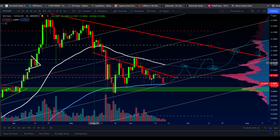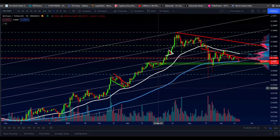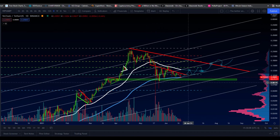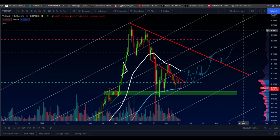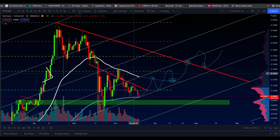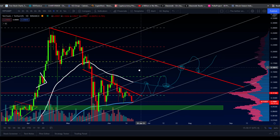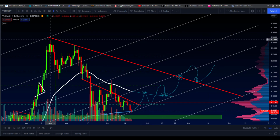When VeChain is above this, VeChain is obviously bullish, as we can see. When VeChain is below this, VeChain is obviously bearish, as we can see. So the inflection point in my mind is clear. We need to start getting above this thing. This is the first major layer of resistance. This is the second. This red trend line from all-time highs, next lower high, extend that, is the second major